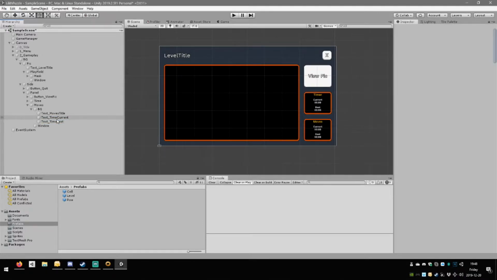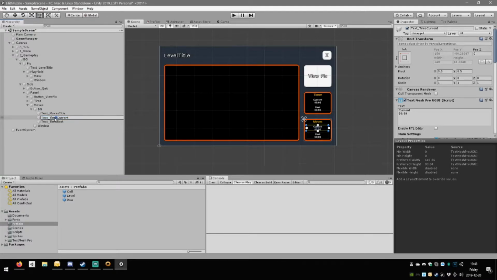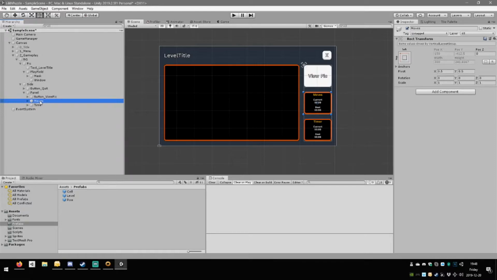And no. Control V. Oh, you must have lost it. Control C. Control V. And Control V. Okay, so moves best. Now I think the moves probably belongs above the time, and we should put some